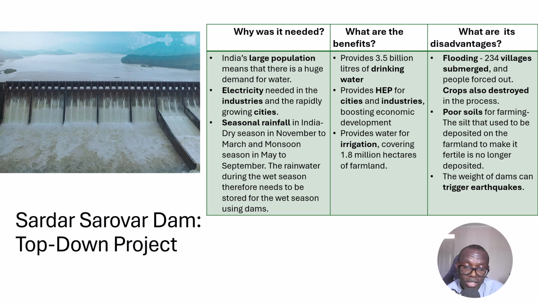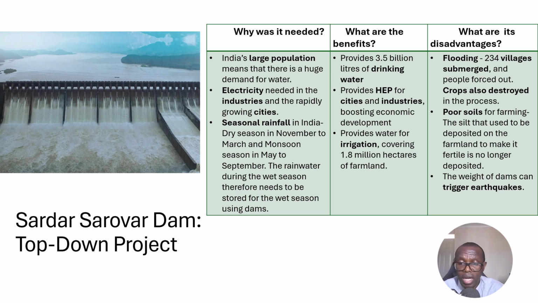What are the disadvantages though? So this dam has led to flooding in India. 234 villages have been submerged, and the people who lived in these villages were forced out. That flooding also destroyed crops in the process, and that obviously leads to food insecurity in the country. The flooding also implies that there are poor soils for farming,